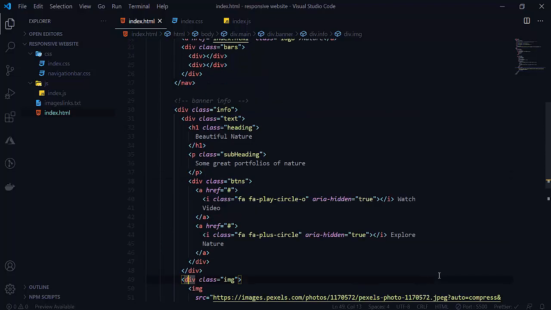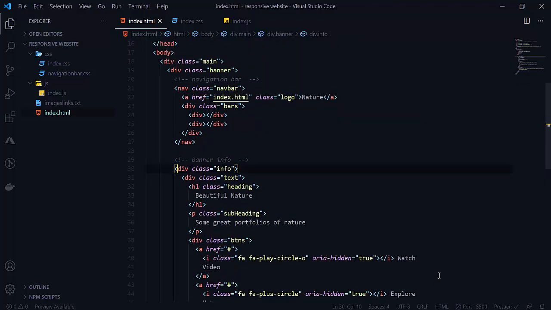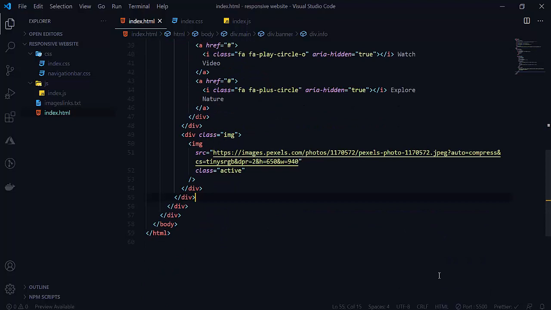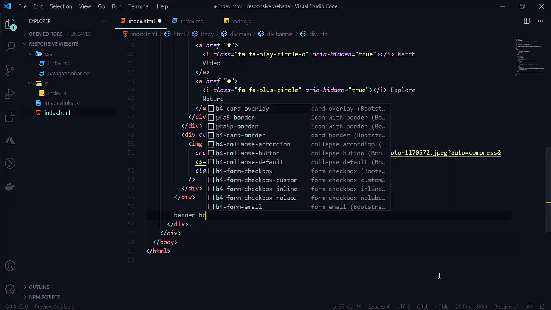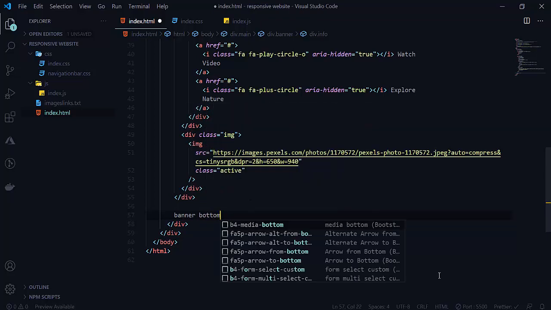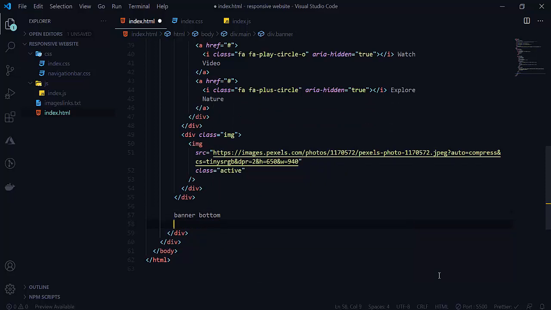So here below the info of the banner, here will be our banner bottom. So here is our banner bottom here.